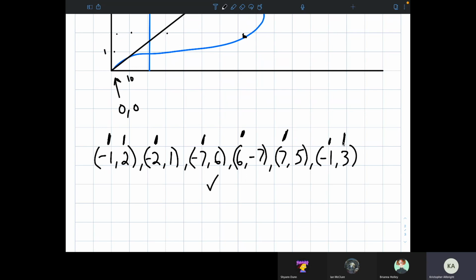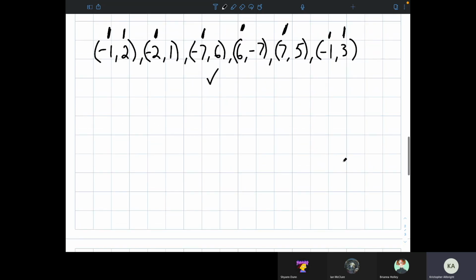If they are, we're good to go. It's still a function. If they are not, like they are in this case, it is not a function. So if we had 2 here, then this is good to go. We're still perfect. This is still a function. But if they don't match, we're not good to go. So if you can't remember how to do that whole process, then what you can do is just draw it